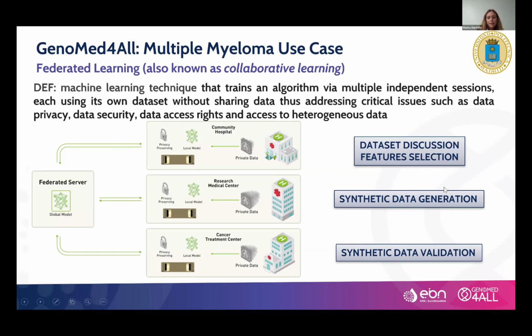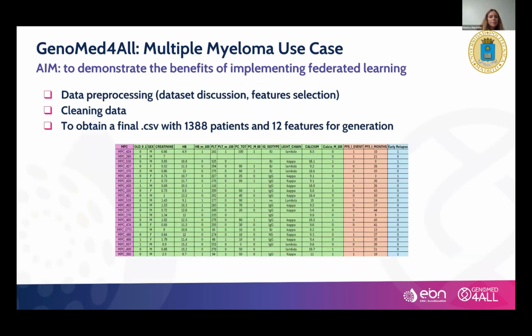Then the synthetic data have been generated by UPM and then validated. In the first part of the data set discussion, the data set has been further cleaned, and the federated learning work has been done on a final data set of 1,030